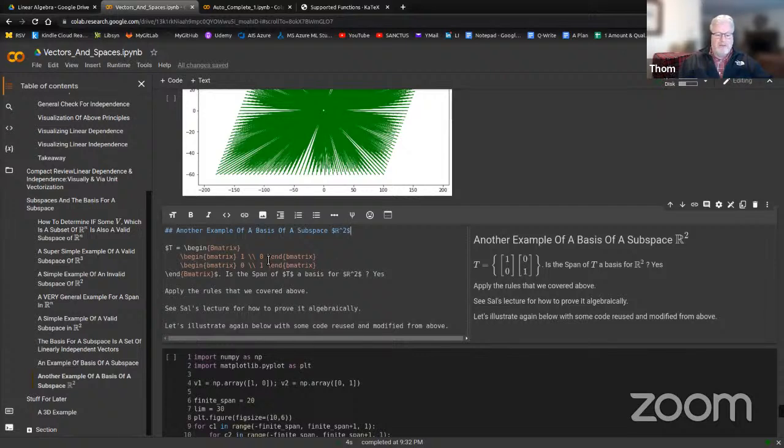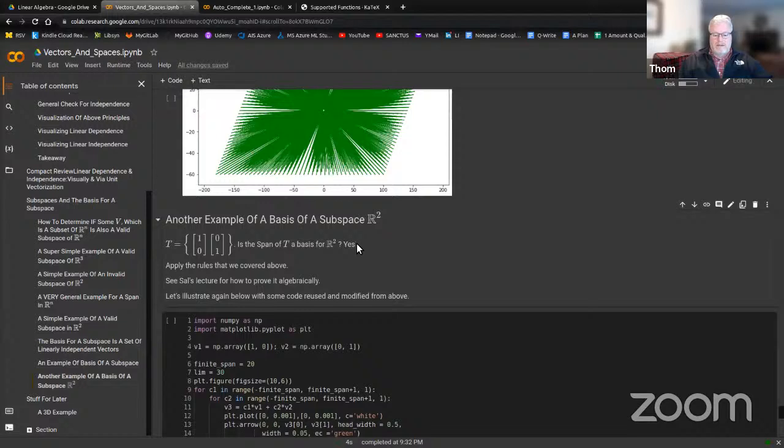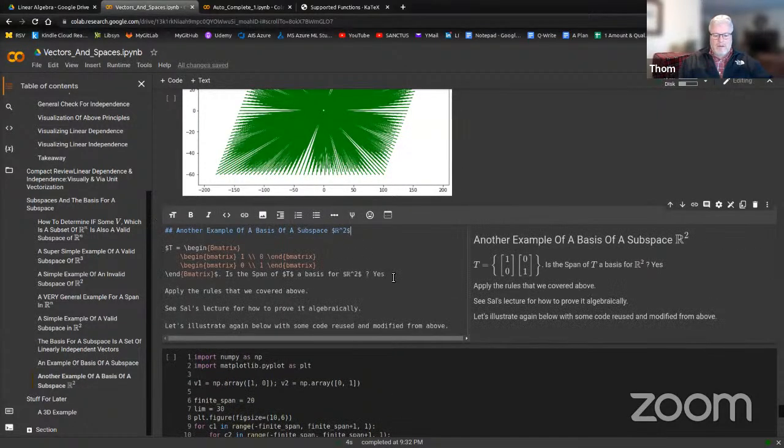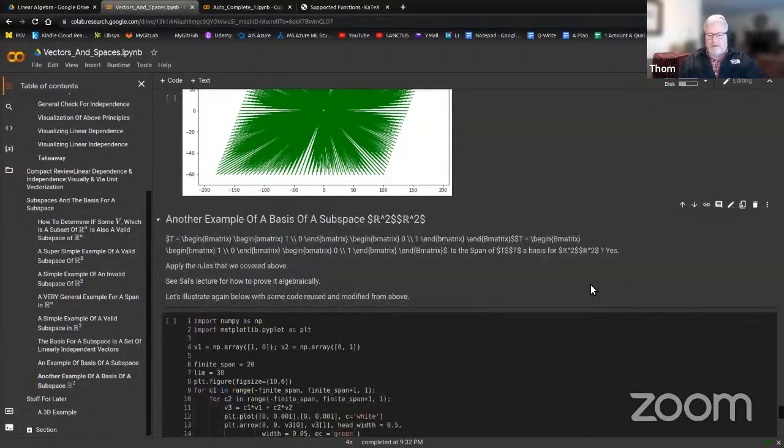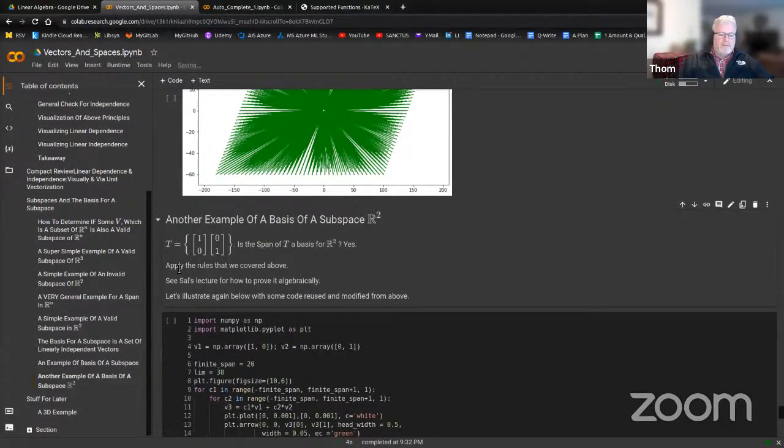And I have the two vertical vectors here. So we're saying t equals these two vectors. We're saying, is the span of this t a basis for two-dimensional real space? Yes, it is. I needed to say it. I don't know where my period went. Oh, there we go. Okay, now apply the rules that we covered above and see Saul's lecture for how to prove it